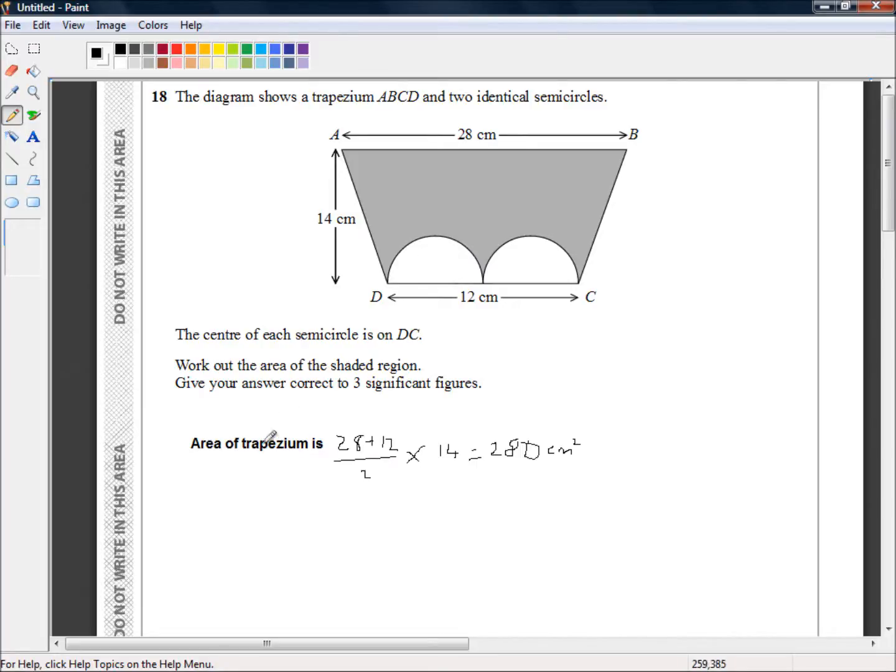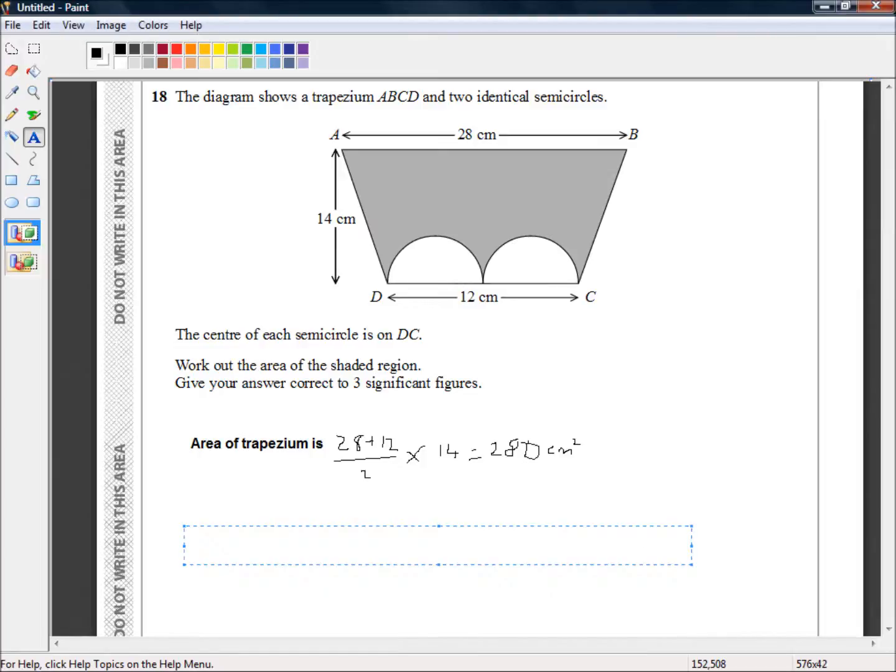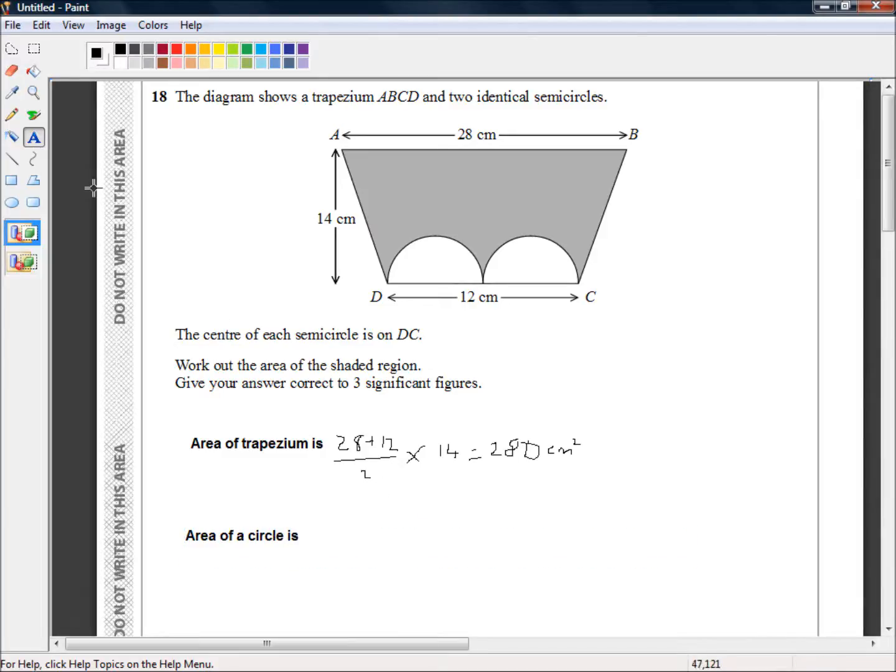So the area of a circle, and I'll type that as well. Area of a circle is just pi r squared. Now I have noticed that a lot of people get confused between the circumference of a circle, which is the distance all the way around, and that's 2 pi r, and the area of a circle, which is pi r